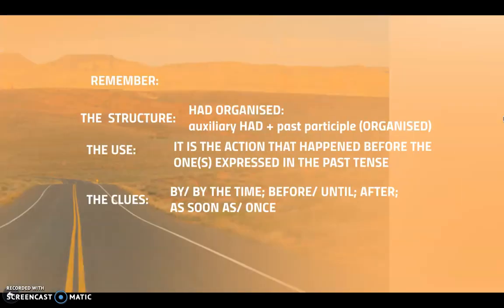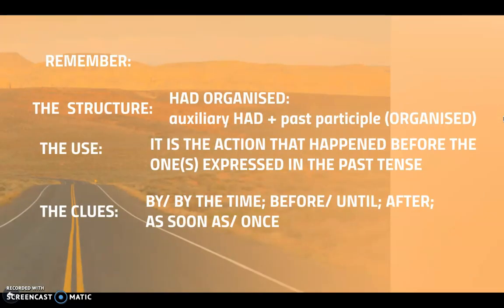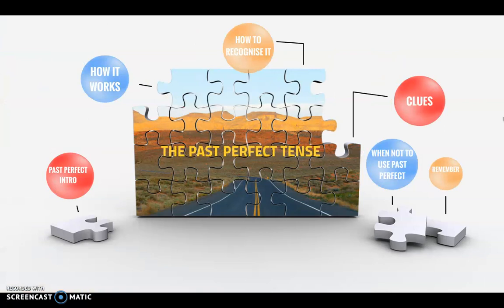So, what's our takeaway from this one? The structure, non-negotiably, as I said, is had plus past participle. Then the use requires the speaker or the writer to give some extra thought to the sequence of events, which one happened before, which one happened next. And finally, sometimes we are blessed enough to have some clues, some time adverbs and adverbials that help us with the use. So I hope this helps, and I hope you'll let me know if there are any further questions.